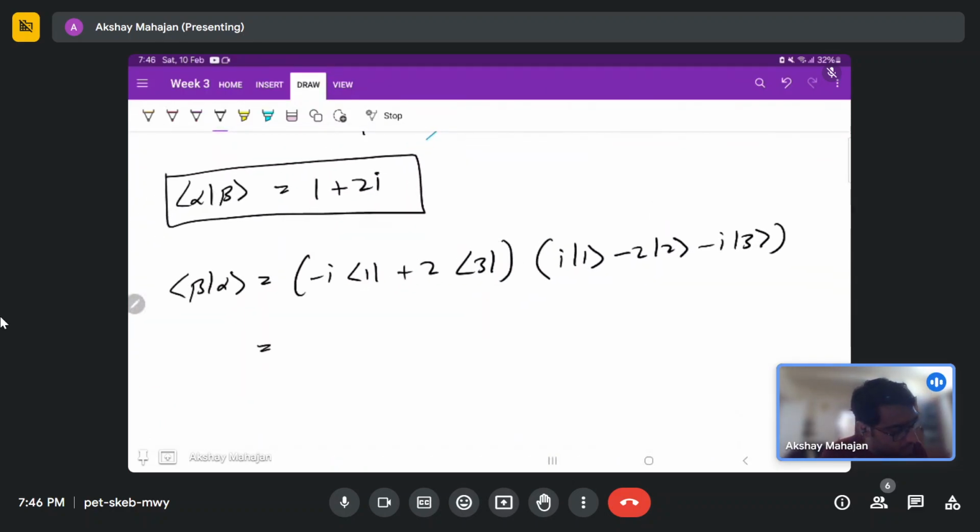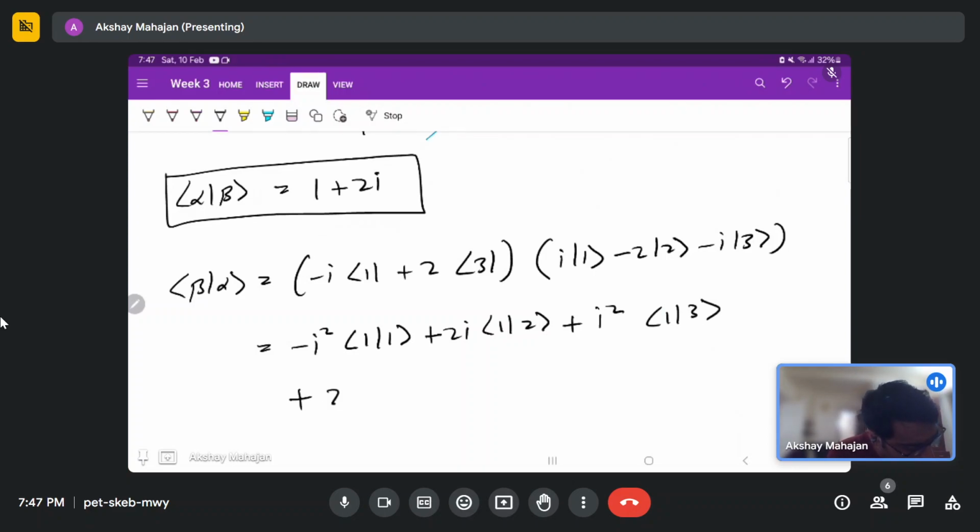Right, so here we will have minus iota squared bra 1 ket 1, then minus 1 plus 2 iota bra 1 ket 2, then minus 1 plus iota squared bra 1 ket 3, then plus 2 iota bra 3 ket 1, then minus 4 bra 3 ket 2, and minus 2 iota bra 3 ket 3. Alright,